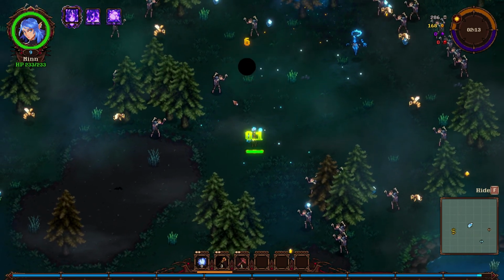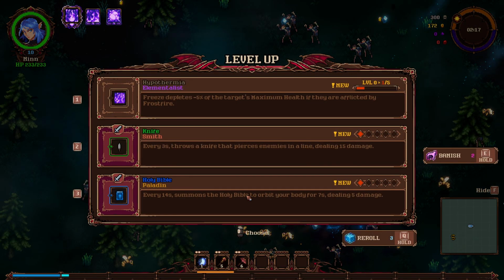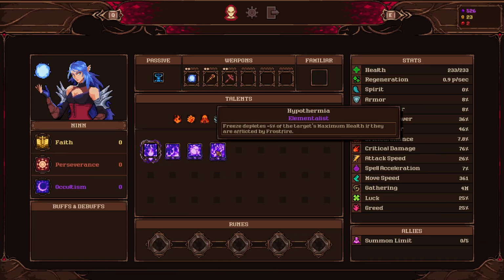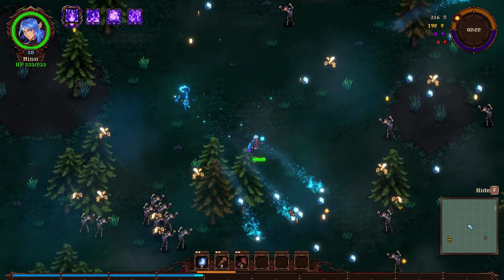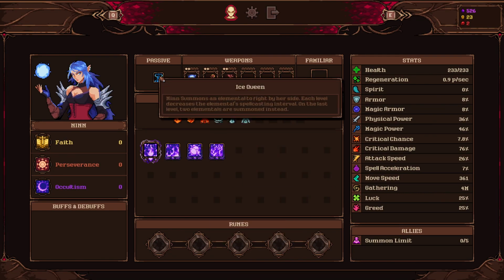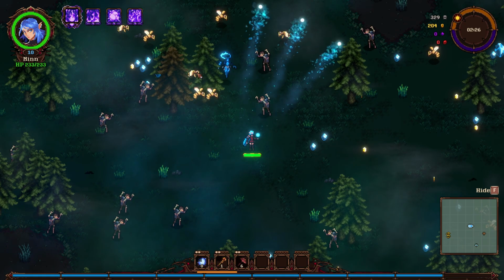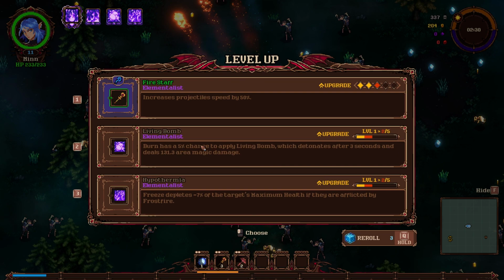I bet this would play pretty well with the controller. I think it's controller supported, but I honestly wasn't really paying attention. Hypothermia gives us more damage. It depletes negative 5% of the target's max health if they're afflicted with frostfire. And I believe some of our stuff causes frostfire, though I'm not entirely certain. I didn't know anything about the passives or whatnot in the last one, so...